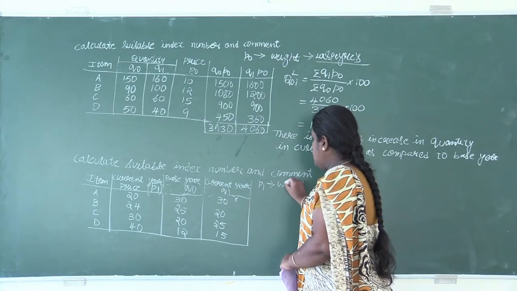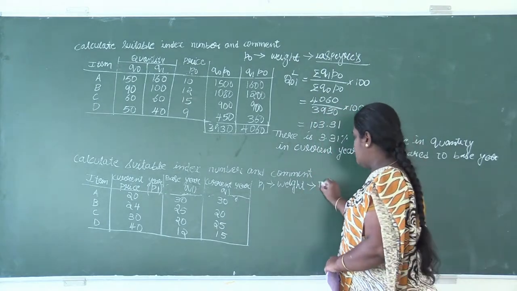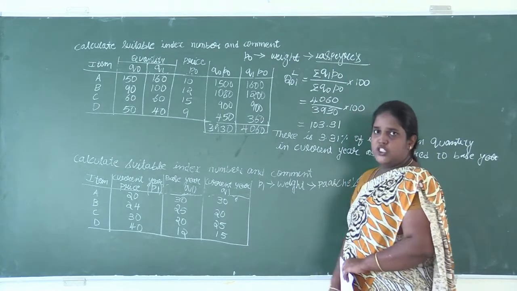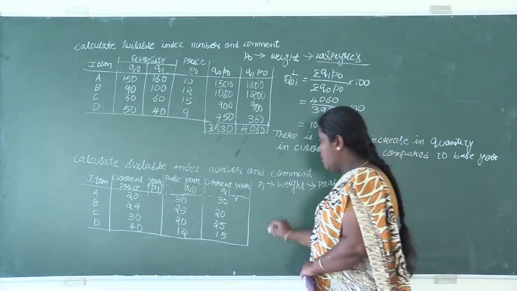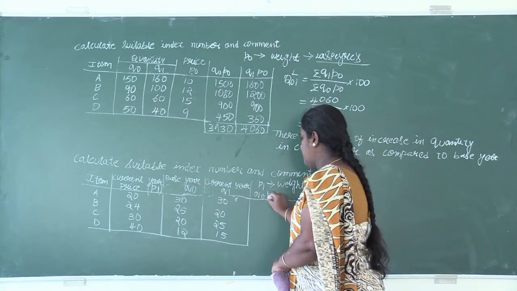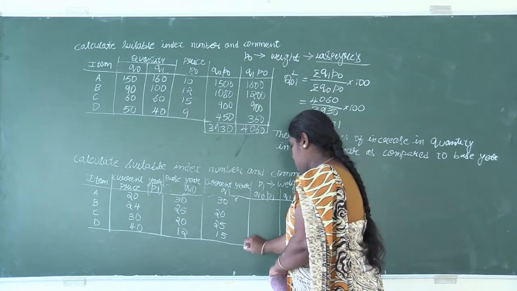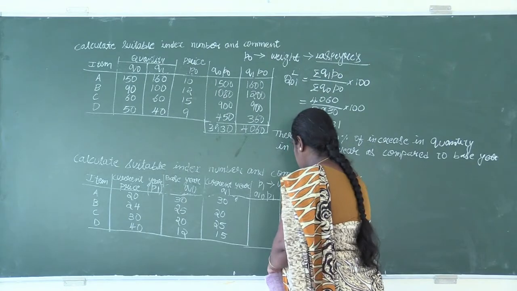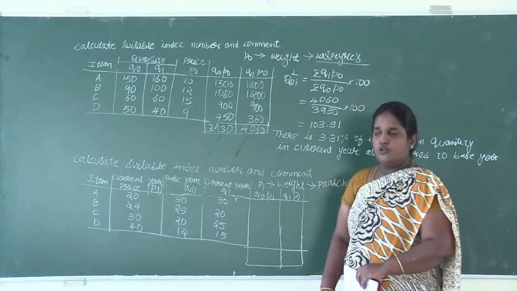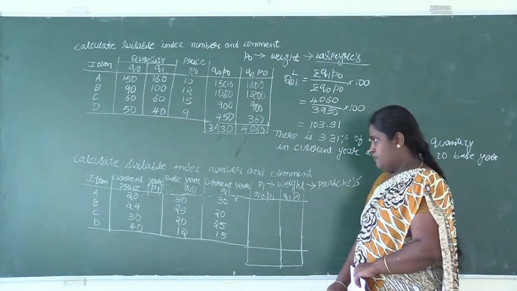So P1 is taken as weight in Paget's quantity index number. So which method do we have to calculate now? It is Paget's quantity index number. Before using the formula, we have to multiply Q0 and P1, and we have to multiply Q1 and P1. Without these two totals, we cannot find out the Paget's index number. So we need the total of Q0 P1 and the total of Q1 P1.